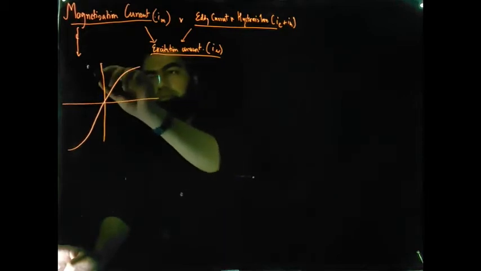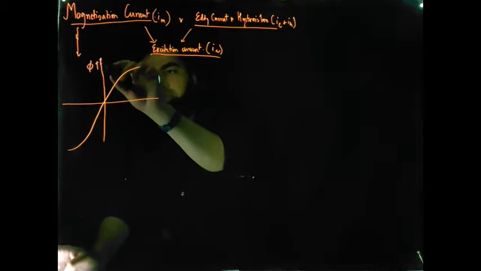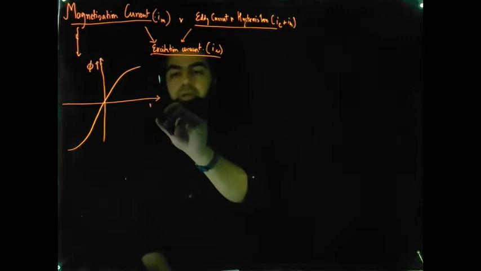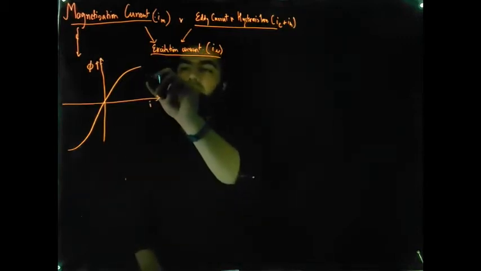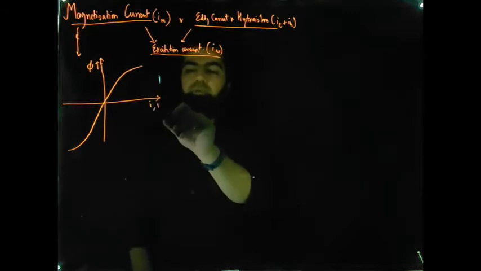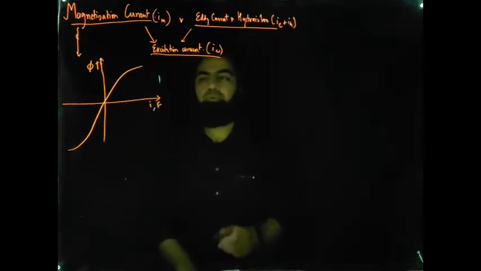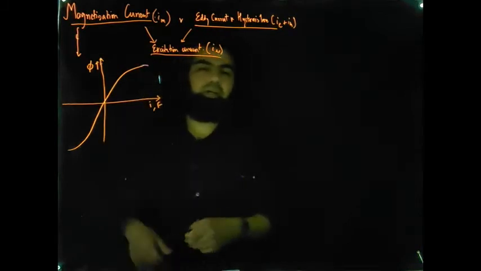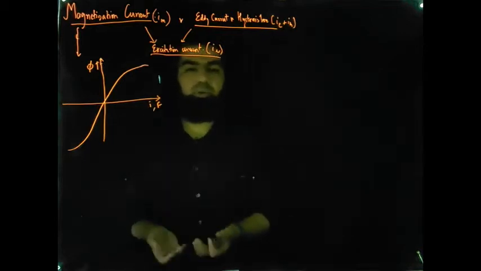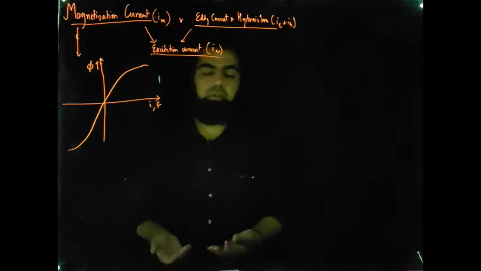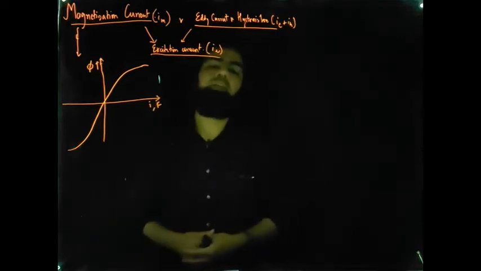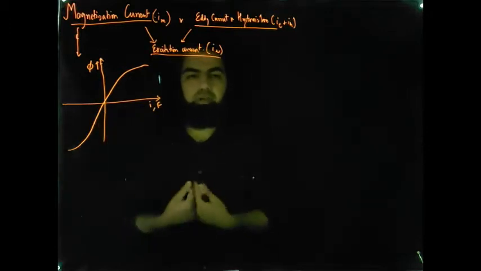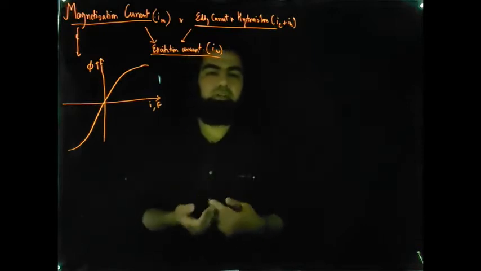So this is the flux of the transformer, and as compared to the current flowing in the system, or you can say with respect to mmf of the transformer, the flux profile looks something like this. It's basically saturated. After some point, the flux is saturated. It will no longer rise. There is a point where flux no longer increases beyond a certain point. This is your magnetization curve that we are familiar with, how flux rises in the system with respect to the